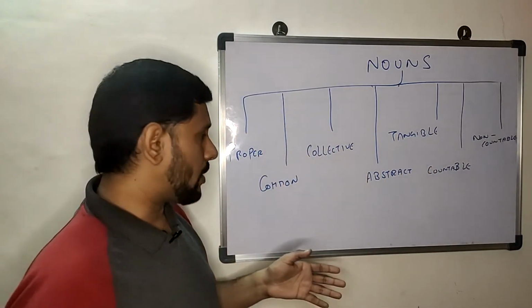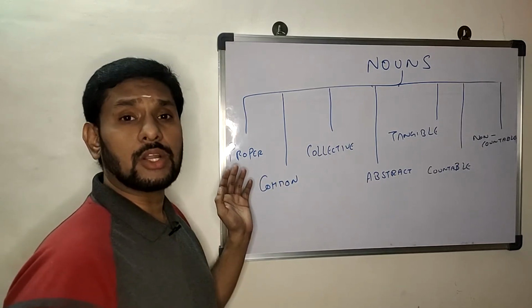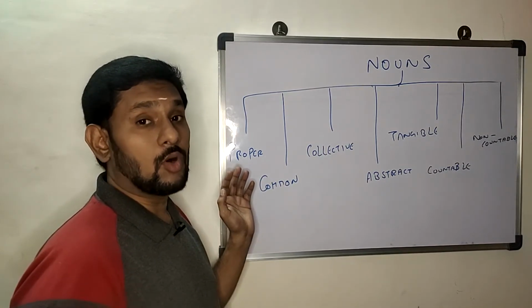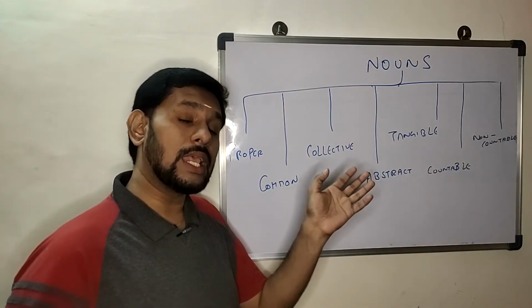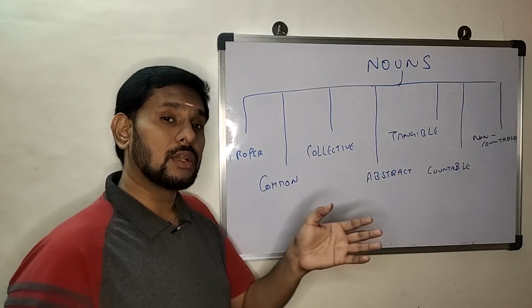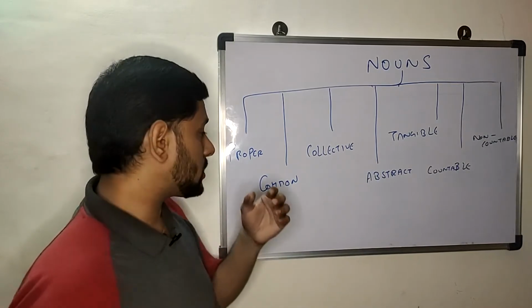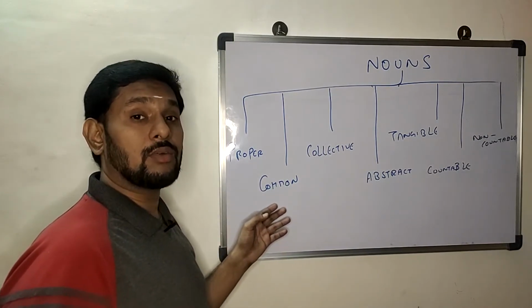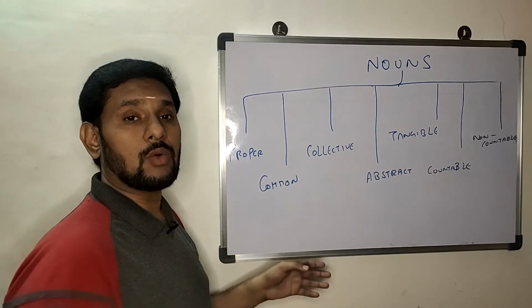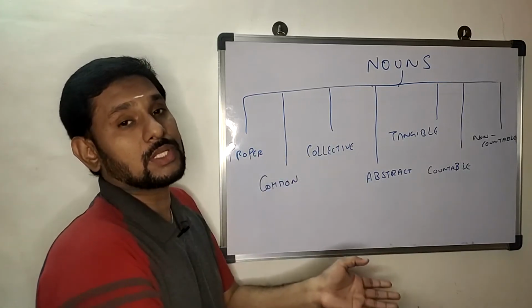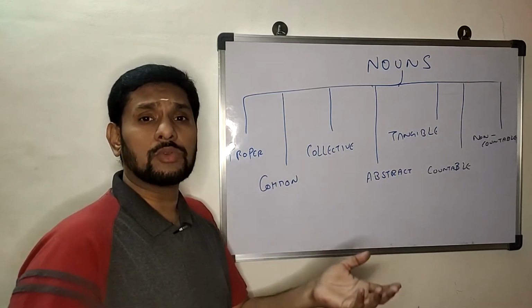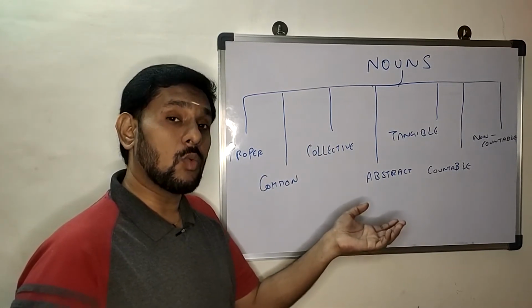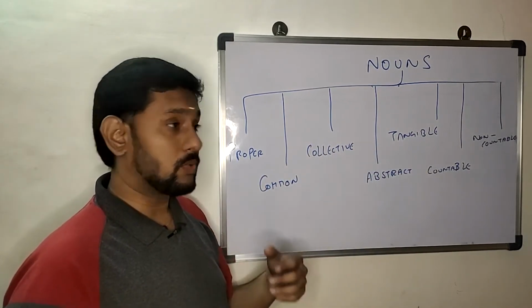Now, just a quick recap here. So you have proper nouns, which are unique. These nouns are always unique. You can identify them easily because in any given sentence, they'll be capitalized. The first letter of the word will be capitalized. Then you have common nouns. When a noun is not a proper noun, most of the time it will be a common noun. A name given to a common object. Wherever you see that object, you identify it with the noun. That is how it works out.